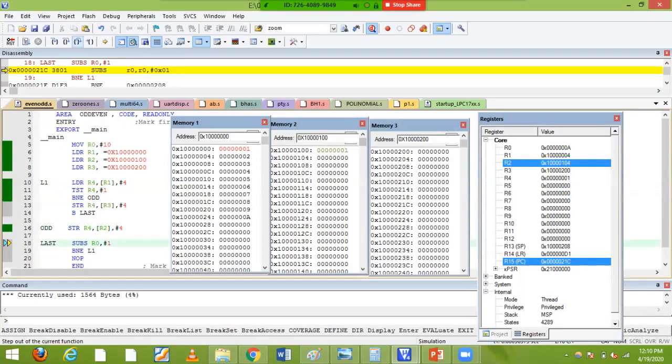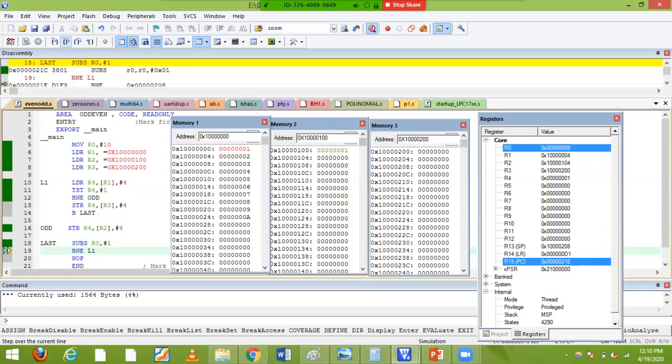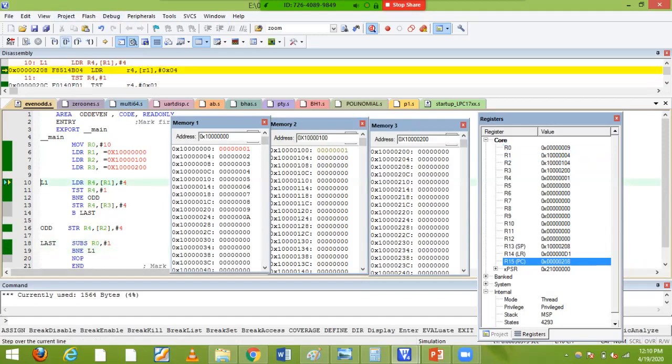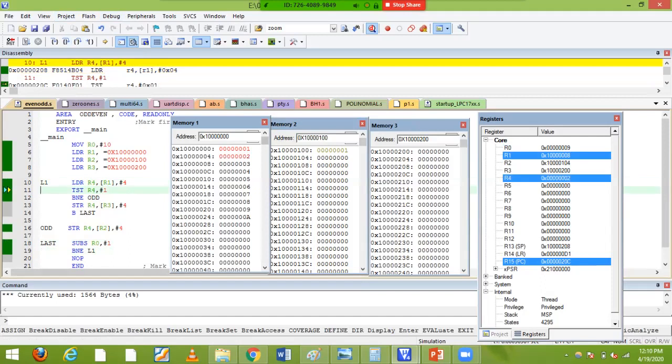Okay, after that, what do you need to do? Next, branch if not equal, which is the count. I'm going to decrease the value by subtracting, because the count was 10. Now you can see in the register window it becomes 9 and repeats the process to L1. L1 means repeat the process, because the 4 memory address is already pointing to the next value, 002. Now you can check it out. It will read the value 002.